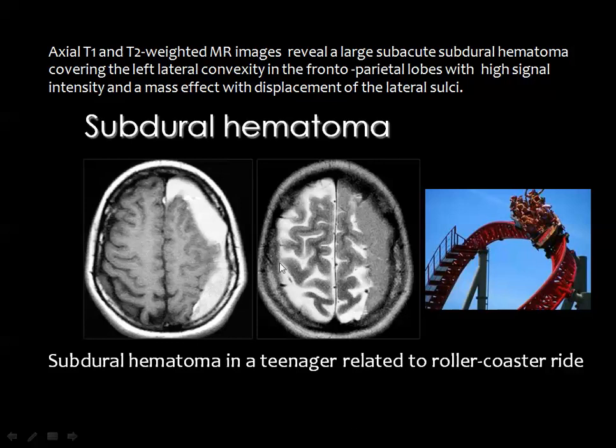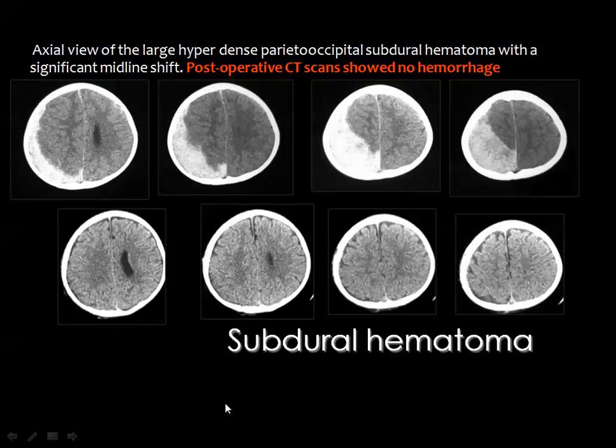This is MRI T1 weighted image and T2 weighted images, and you see a big subdural hematoma showing high signal in the T1 and less signal in the T2, denoting the subacute hematoma or intracellular methemoglobin. Subdural blood, especially whenever it is large like this, needs surgical evacuation. And this is the subdural hematoma, big hematoma on the right side, and this series after surgery with complete evacuation